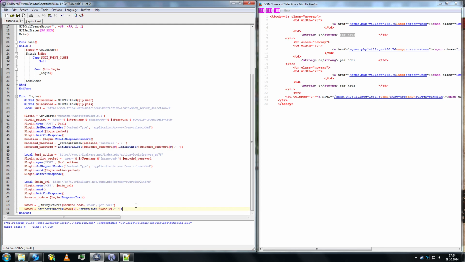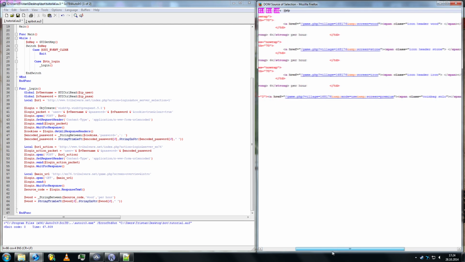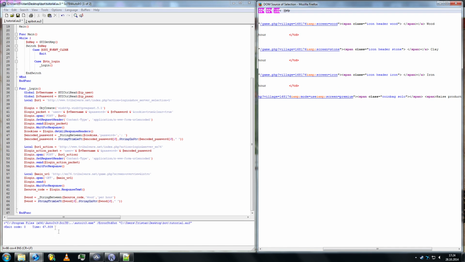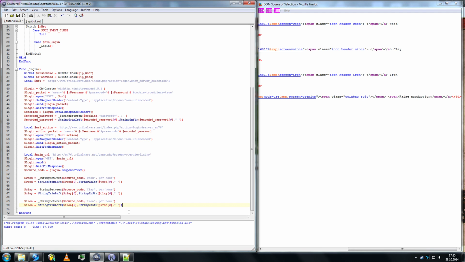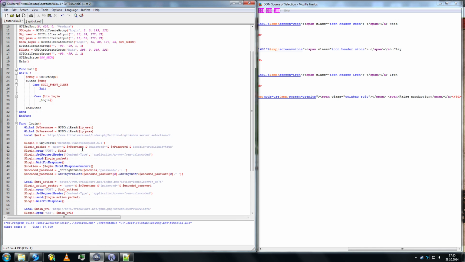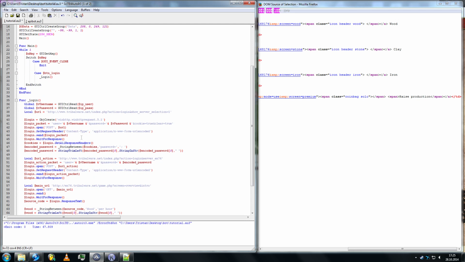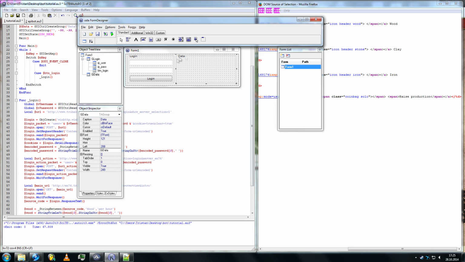And we have wood. Let's go on to clay. To keep it short, I quickly paused, but we have wood, clay, and iron. And now we want these values to be displayed in the GUI. So let's go back, and right here at data,